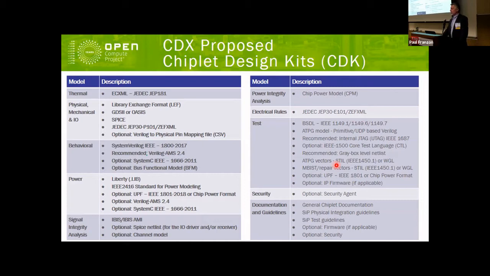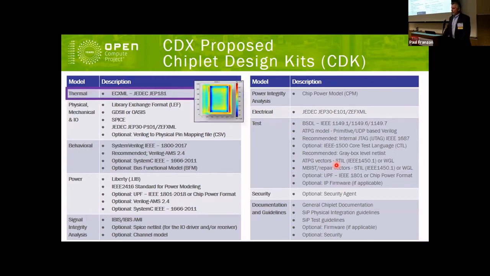So I will now briefly go through each of these modeling groups, but due to time, I won't be able to get into a lot of detail, but I would encourage anyone interested in reading the white paper that goes into a lot more detail.